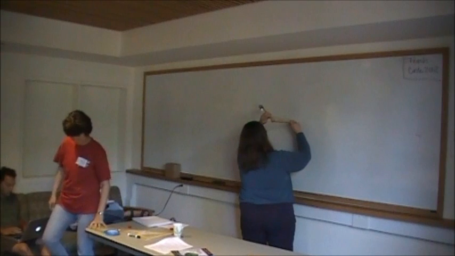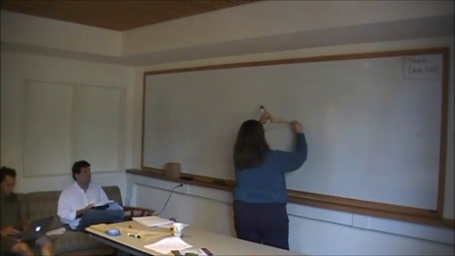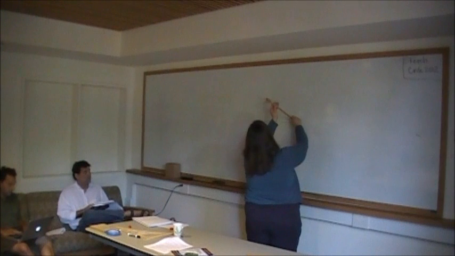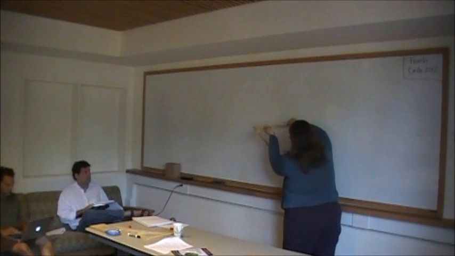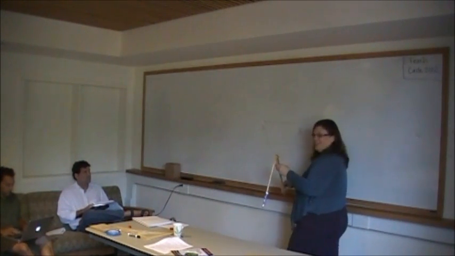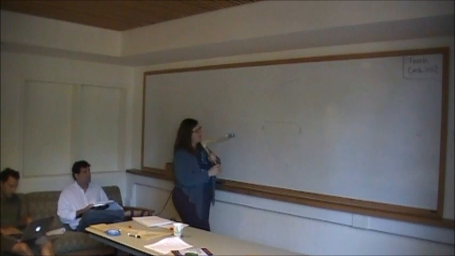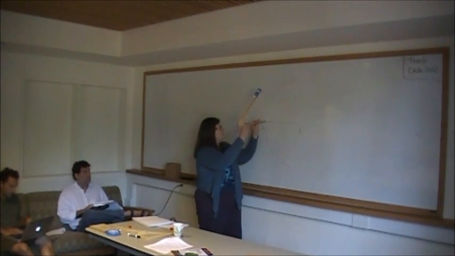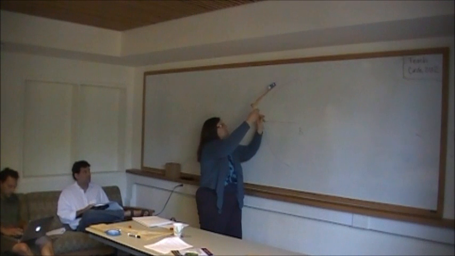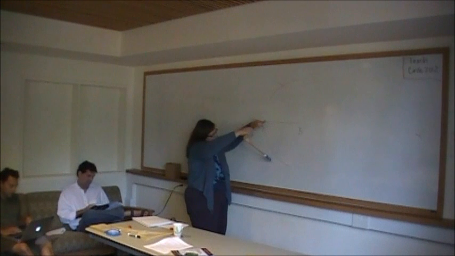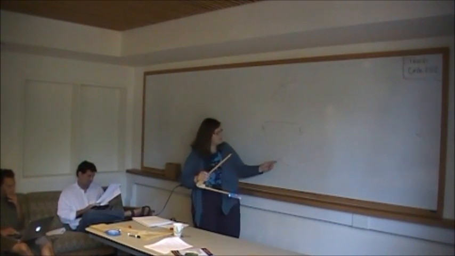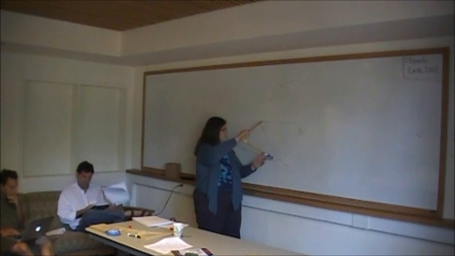All right, so I'm going to set my compass at one endpoint. I'm going to start with B since I'm here, and make an arc above my segment and an arc below my segment. I hope that's working. Is it working? Without changing the radius of my compass, I'm going to set my compass at the other endpoint A, and make an arc again above and below, and all I really want to do is find the point where these two arcs intersect, because I know that this point is the same distance